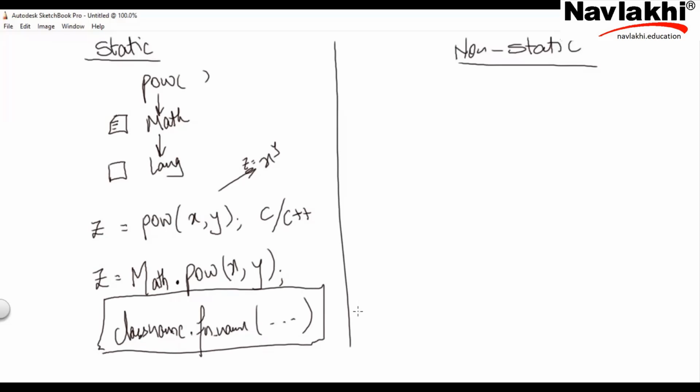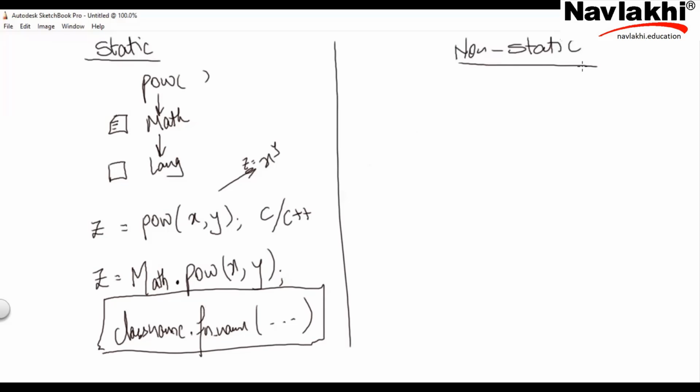Now, initially you'll do reverse. Why I'm telling you this is because initially when you see something like this, you have to learn that POW is inside Math and it is static. See, capital letter means it's the class name. So initially as a reader, you have to gain knowledge. When you see something like this, you have to tell yourself POW, round brackets, so POW is a function, and it's inside Math and it is static. Because only static functions have the class name dot function name format. So initially you'll have to learn by seeing the programs. Then you'll remember it. But what if the function is not static?